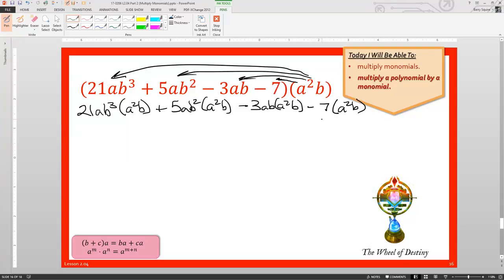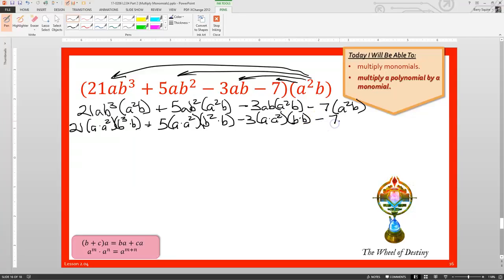group our coefficients together. This one actually turns out to be pretty well because our monomial has a coefficient of 1, so our coefficients are basically going to stay the same. But let's group all the other variables together as well. So I'm going to have 21 times a squared times b cubed times b, plus 5 times a squared times b squared times b, minus 3 times a squared times b,